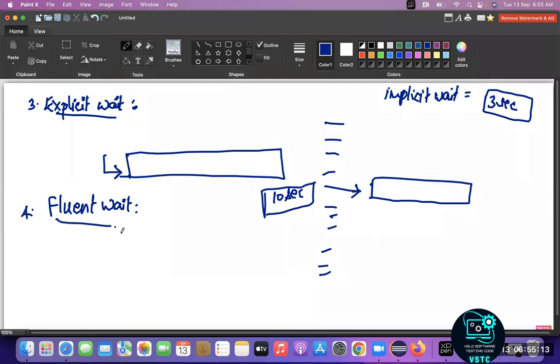Okay. So fluent wait means, I'll say one example. Based on that, you can understand this fluent wait. So there is one particular web element, say like a text box or whatever it might be. So this is a particular web element. In this web element, for a particular period of time, say for every 3 seconds,